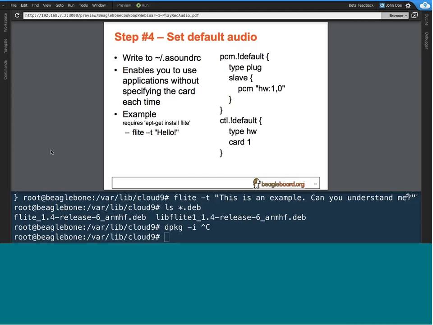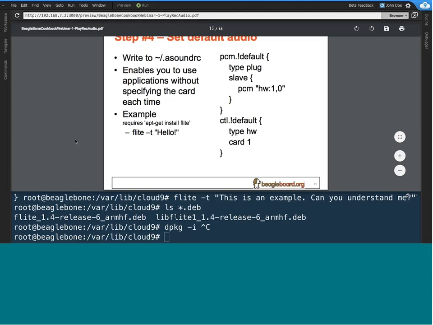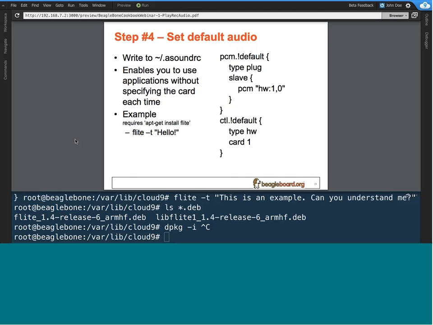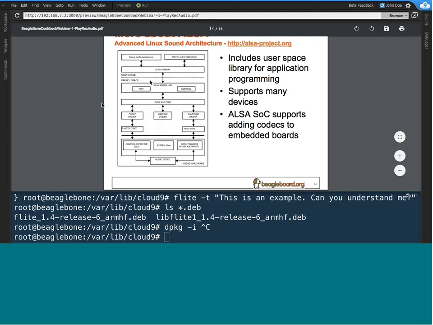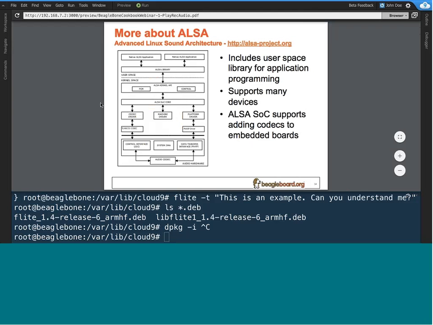So you can do things programmatically, with the different audio libraries and with ALSA. So there's really an open field from this point. If you want to learn a little bit more about the Advanced Linux Sound Architecture, I highly recommend reading the documentation over at alsa-project.org. So it includes user space libraries for doing application programming. It supports a lot of different devices, so all those different types of interfaces we were talking about, the HDMI,